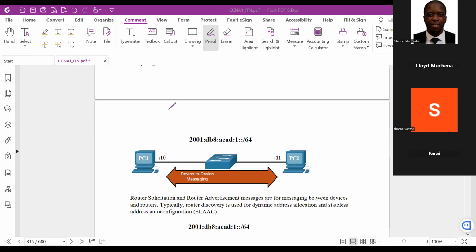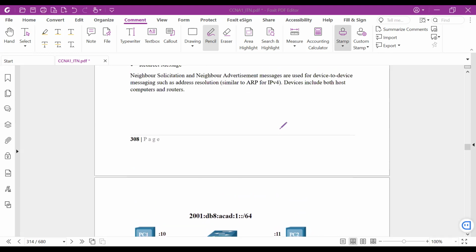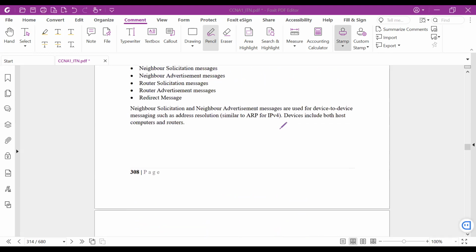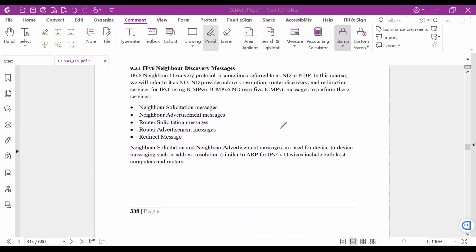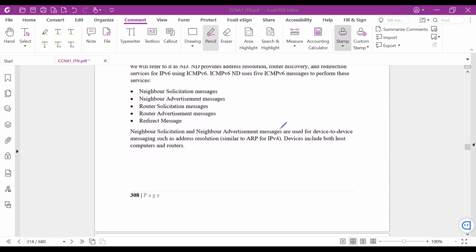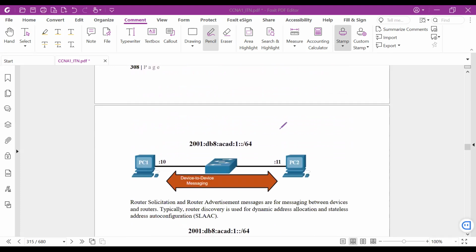Right, I just want us to go through the whole process of neighbor discovery together, going through the material and see if we agree on something. All right,